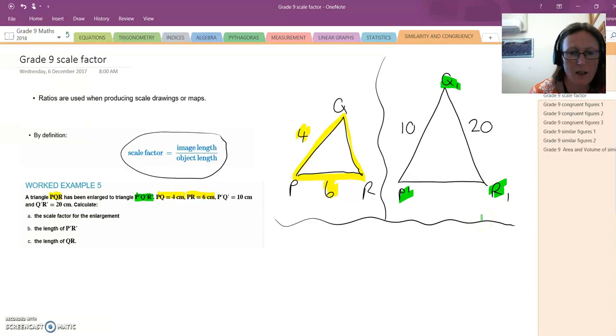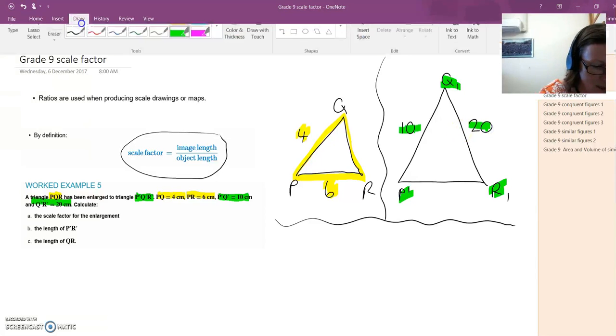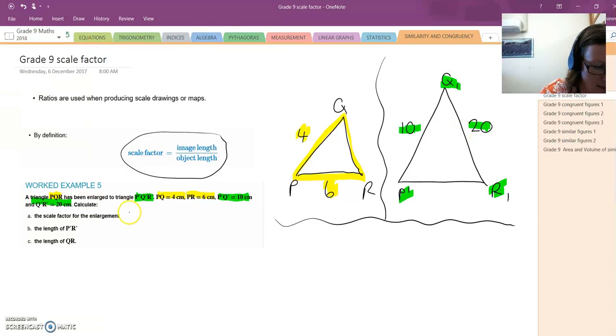And of course, when we enlarge it, each side enlarges by the same scale factor. And we're told now that the distance from P' to Q' is 10, and the distance from Q' to R' is 20. The first question is asking us, what's the scale factor for the enlargement? Let's look up here. To work out the scale factor, we get the image length and divide it by the object length. So for part A, the scale factor,